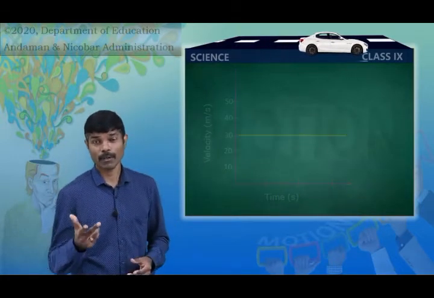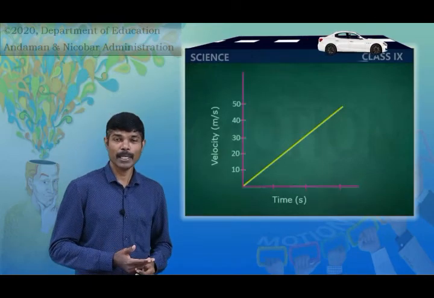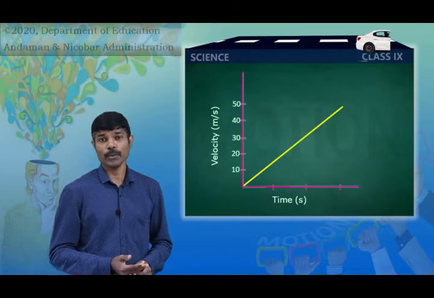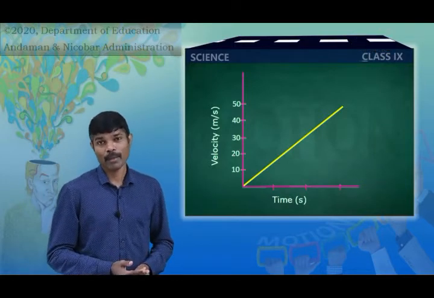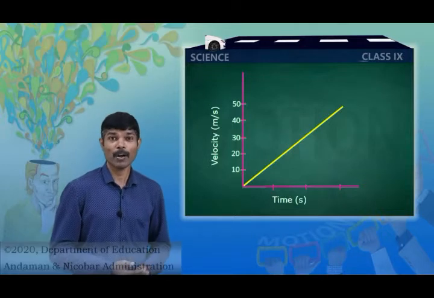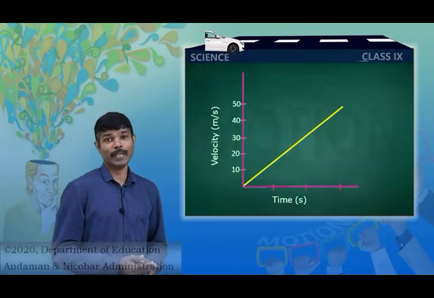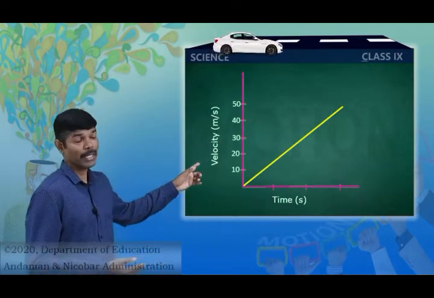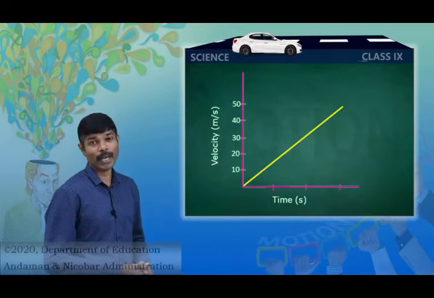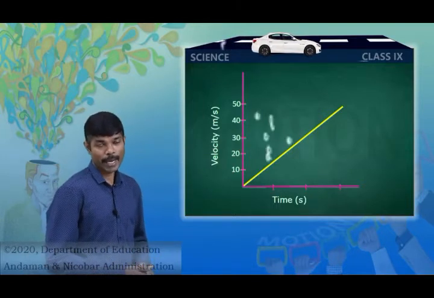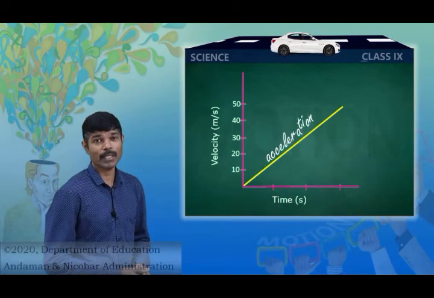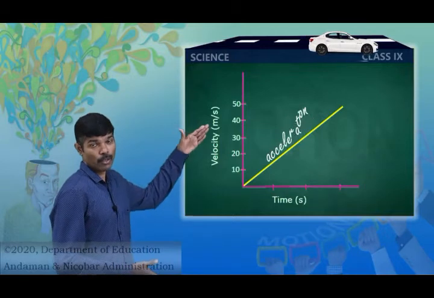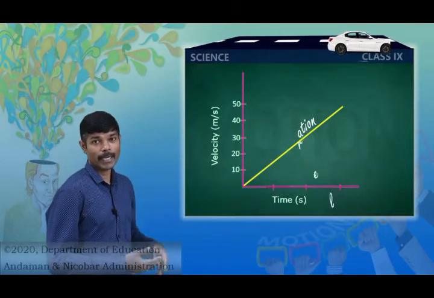Now we see the second velocity time graph, in which the speed is changing at a uniform rate. If the speed is changed at a uniform rate with respect to time, then we get a straight line but not parallel to the time axis. We get a slanting straight line, as you can see in the picture. The slope of the graph gives the acceleration, as the change in velocity, final velocity minus initial velocity, with respect to time is the acceleration. So the slope of the graph gives you the acceleration.